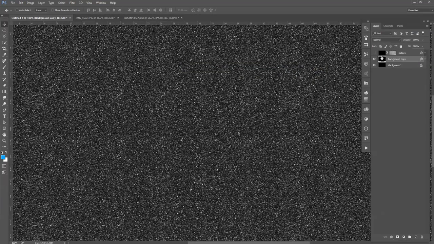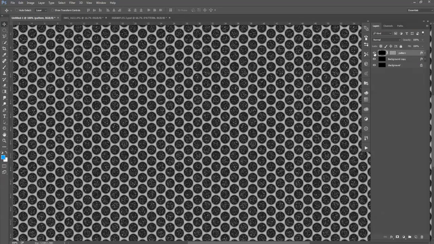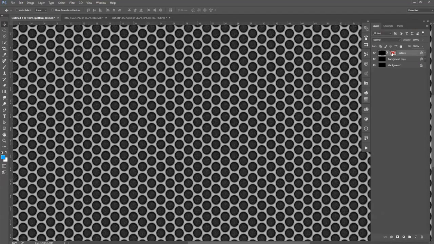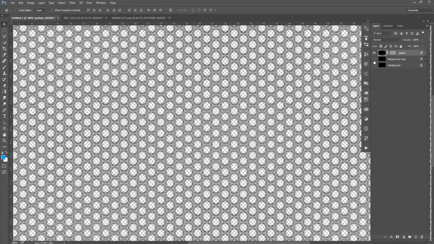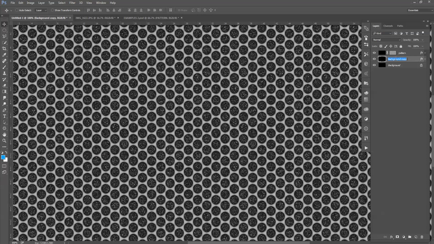Why have I included this? Because right now this pattern, with the layer mask, which is like this, transparent, shows through the noise. So if we go and group this pattern,